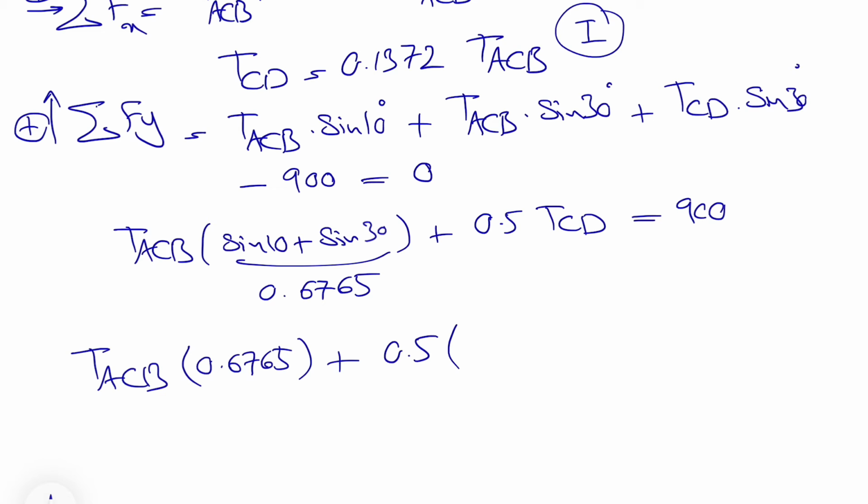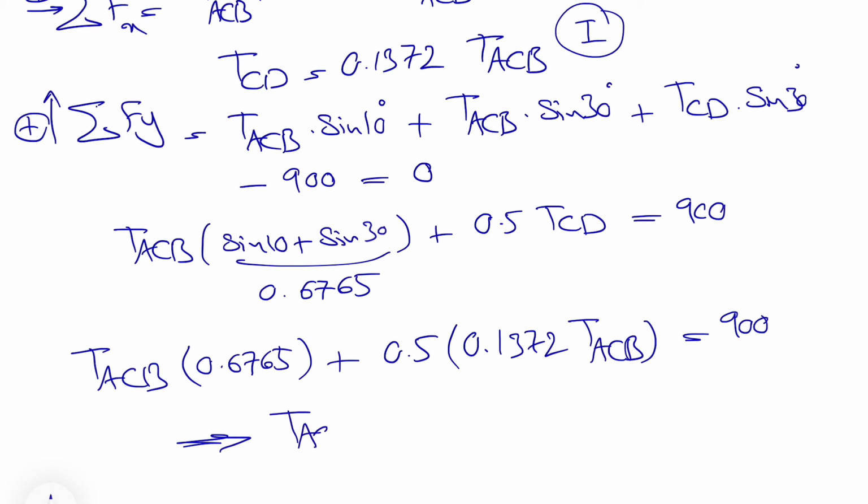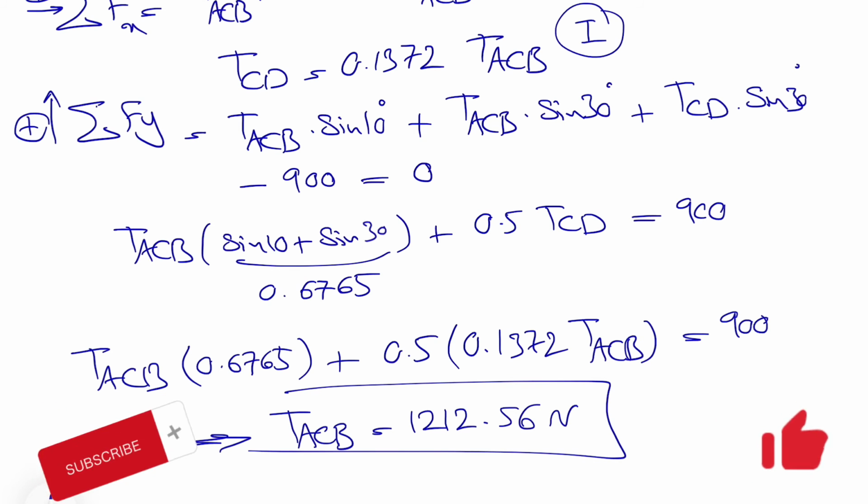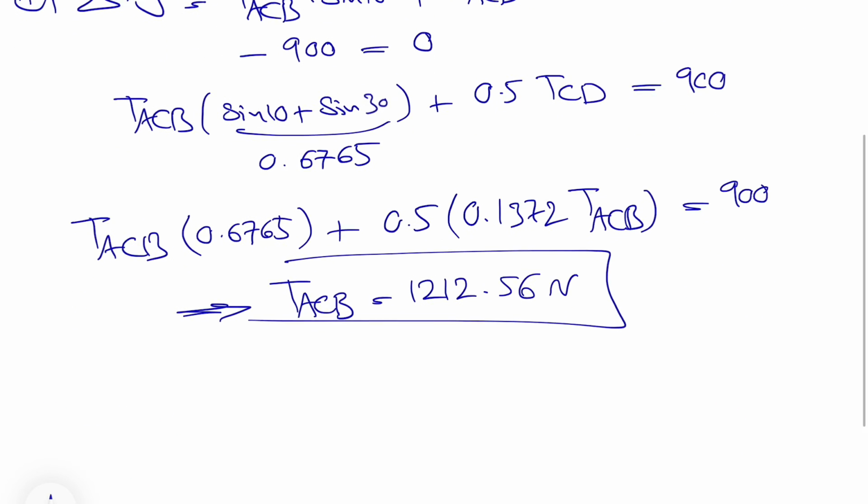So now we have TCD based on TACB. We're just going to substitute what we found in the first equation, which was 0.1372 TACB equals 900. And from here we can find TACB,